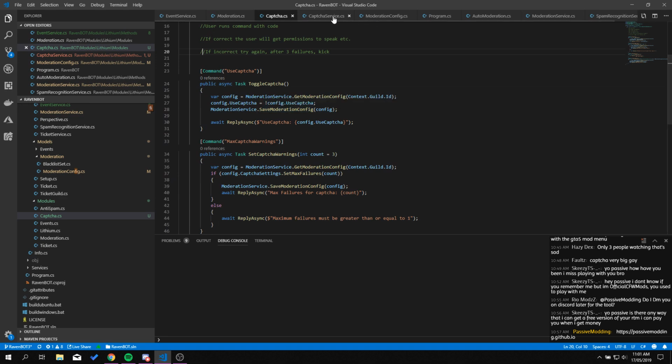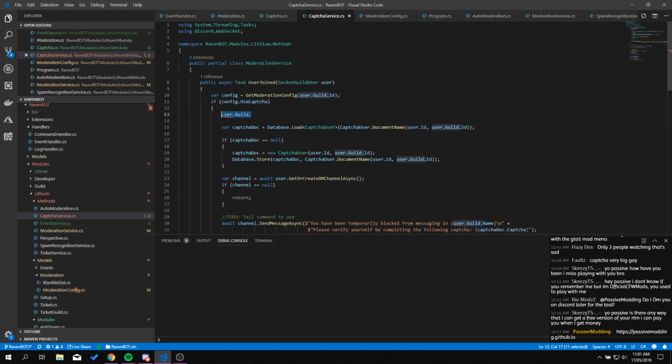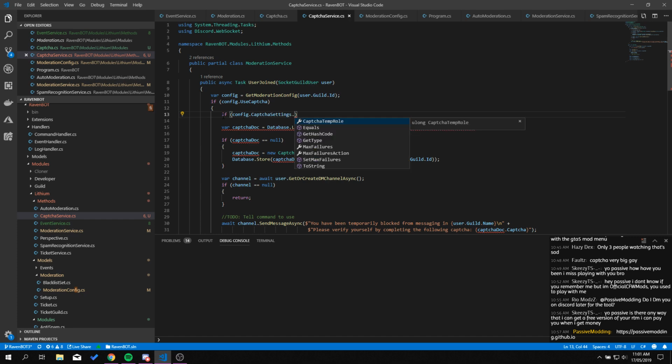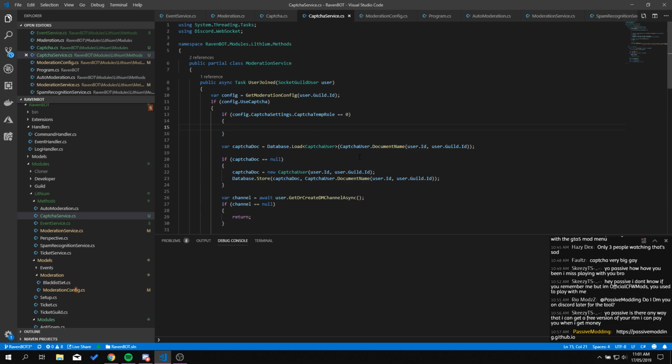Yeah. So if we go into Captcha service, no, I need to do that. No, I can use config. So if config dot captcha settings dot captcha temp role equals 0, because 0 is our initial value, we can generate a role, or we can use the client to get a role. So else,